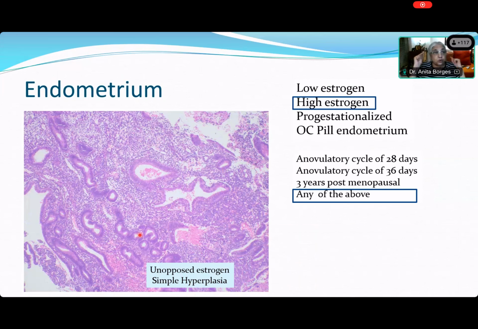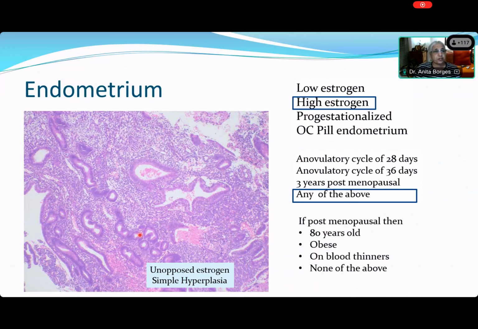What are the exogenous causes? Like somebody said, this could be hormone replacement therapy. Yes, hormone replacement therapy, or somebody is taking a lot of estrogens in the diet. You get a lot of estrogen in the diet if somebody is a vegan and is having a lot of soya bean, etc. Soya is just full of what are called phytoestrogens. So there can be a lot of exogenous causes, not only estrogens from HRT, that's hormone replacement therapy. Excellent.